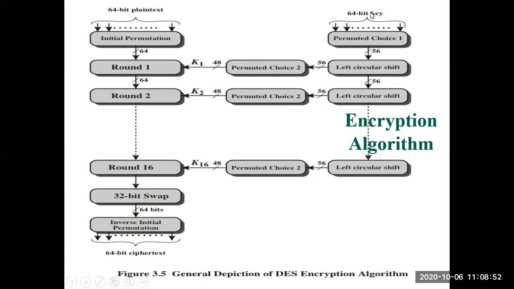Now coming to the key generation, as I told you, we are given a 64-bit key, and when we pass it through permutation 1, called PC1 or permuted choice 1, it is down converted to 56 bits. From 64, we drop 8 bits and come down to 56. If you remember key generation, we split this 56 into halves, so 28 and 28 bits. And on each one we perform one left circular shift.